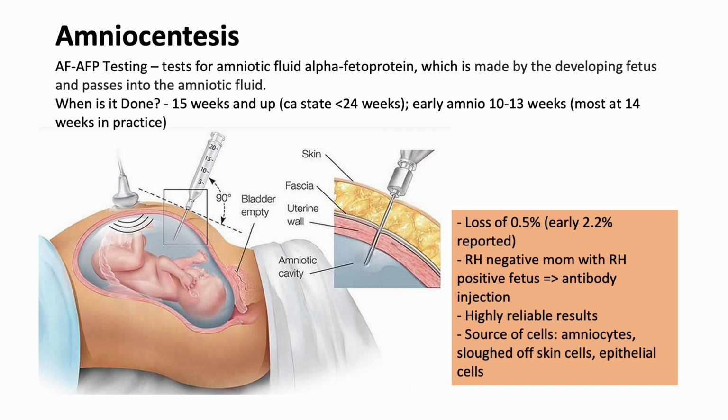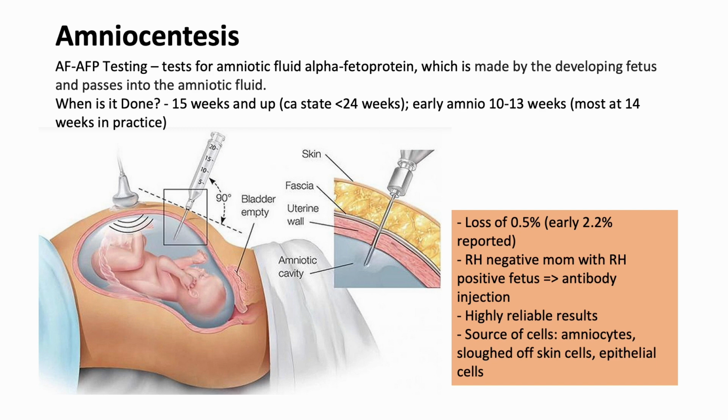It's important to note that if the mother is Rh negative and the fetus is Rh positive, there may be a need for an antibody injection to prevent complications such as Rh incompatibility, which can lead to serious health issues for the baby. The source of the cells analyzed during amniocentesis include amniocytes, which are the skin cells that have flowed off from the fetus, and epithelial cells. In summary, amniocentesis is a crucial tool in prenatal diagnosis, offering reliable results while necessitating careful consideration of timing and